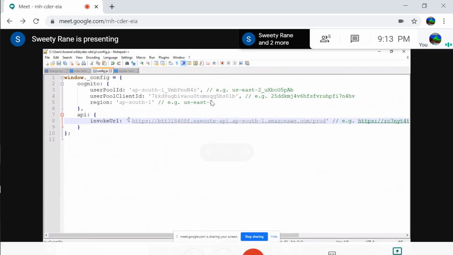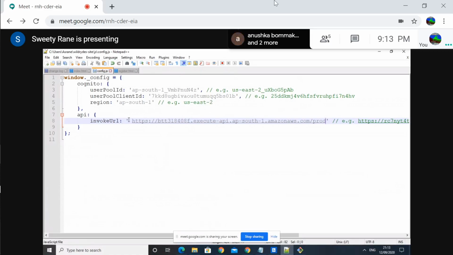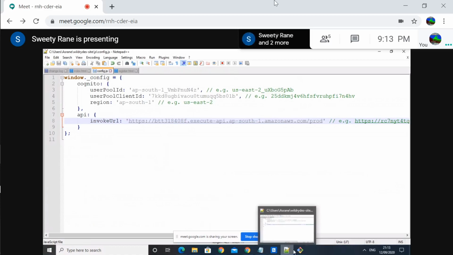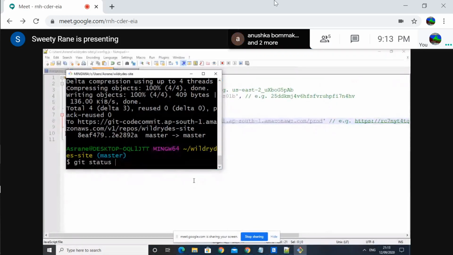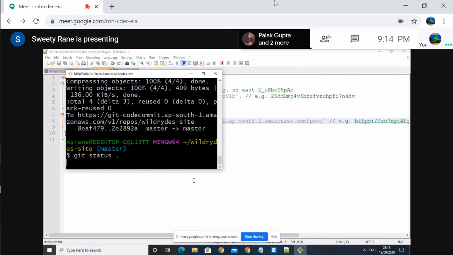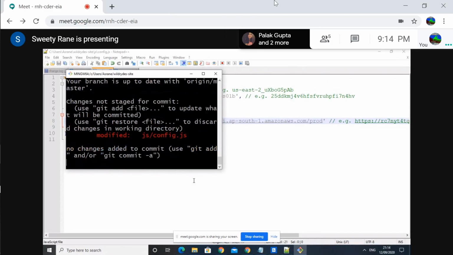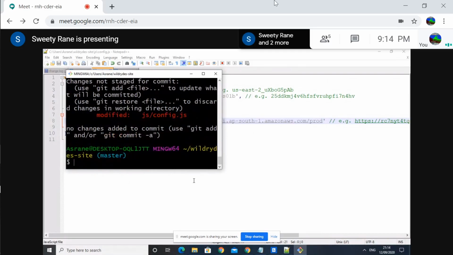Yeah, one second. I can see a space over there in the front. Yeah. So save this and go back to your git bash window and push this code. So first type git status space dot. Yeah, enter. Okay, it's here. Now just see if your git push works. I don't know, someday it doesn't work usually.